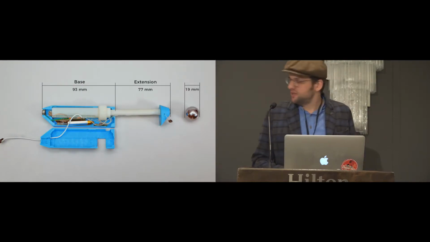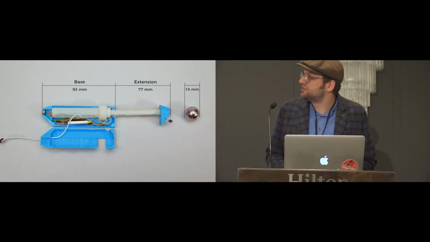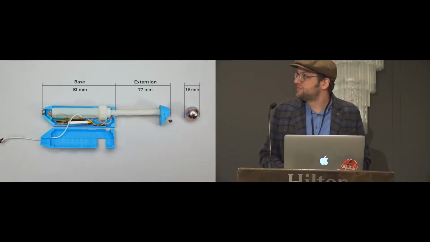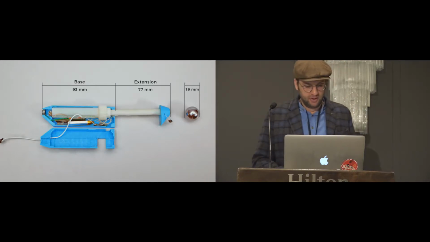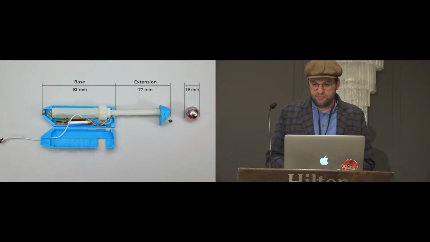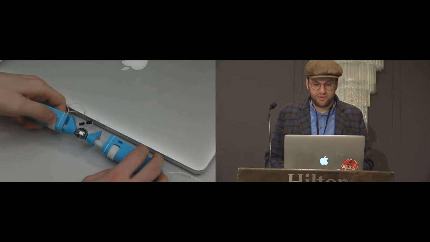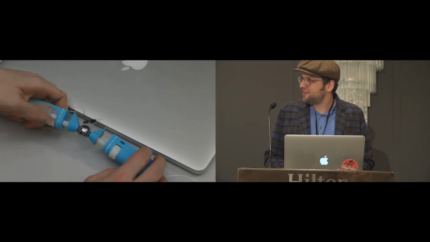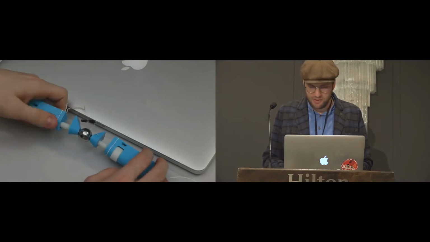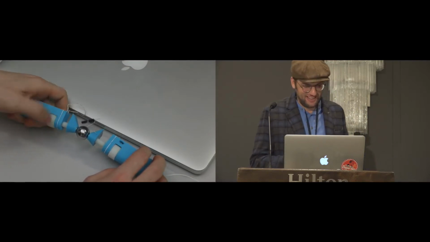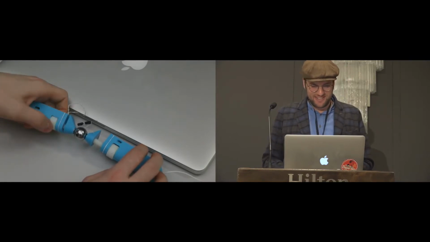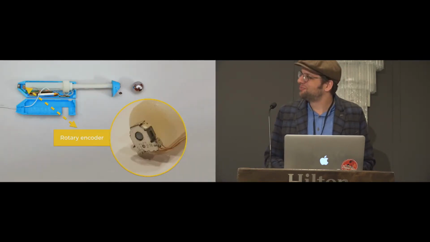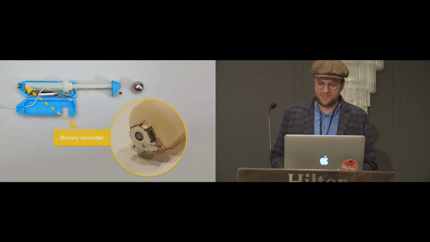So a single strut consists of the base and an extension. The base is 93 millimeters and the extension is 77 millimeters. We can extend this strut by turning the thumb wheel. This is sped up in this video. You can turn it quickly because we have a very fine pitch in our strut. We measure this with a rotary encoder at the back of our strut mechanism. We count the pulses of every revolution